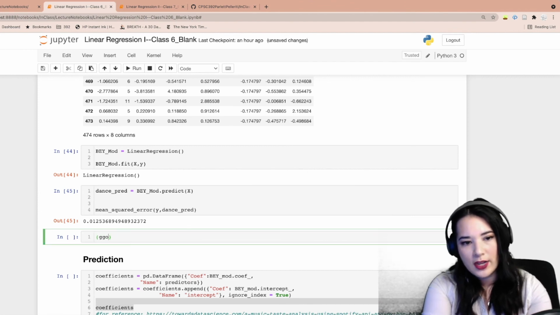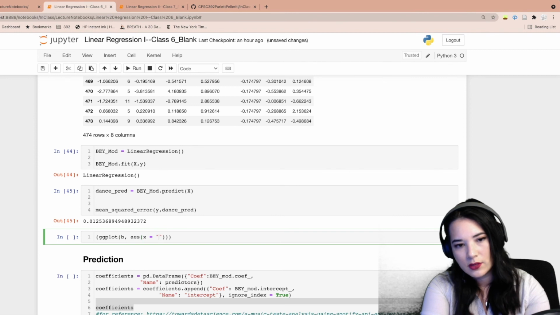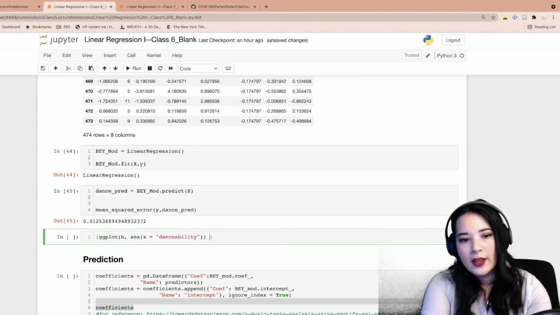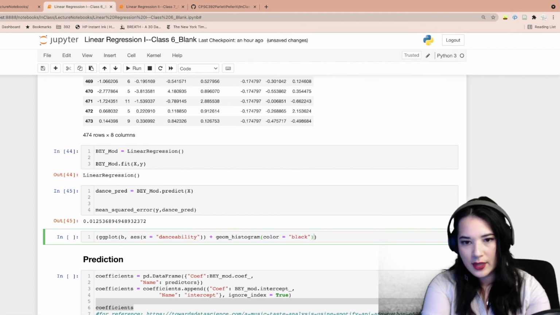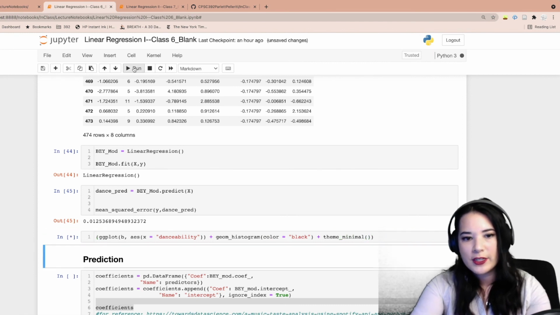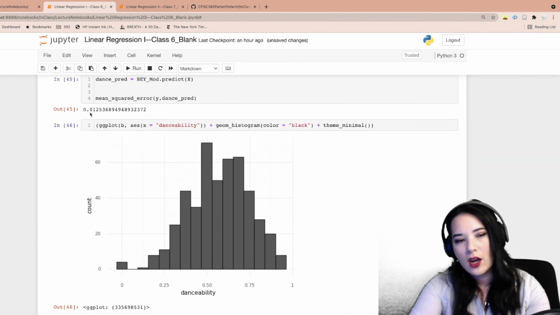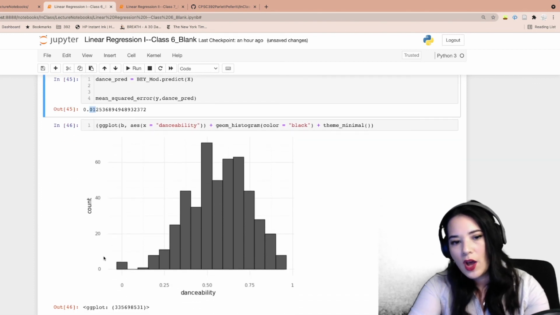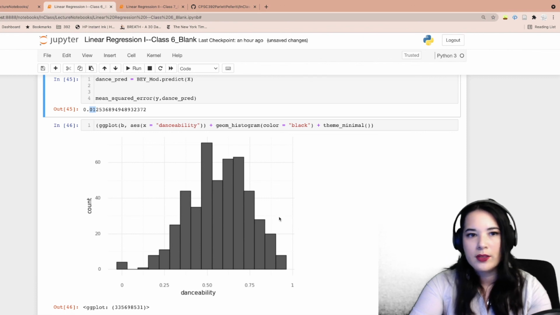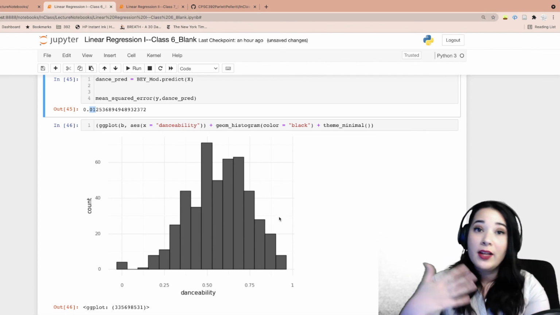We could say Ggplot, and we could say aes x equals danceability plus geom histogram. And then again, I'm going to add my beautiful aesthetic choices, black, plus theme minimal. Beautiful. So we could, for instance, run this and see that, okay, on average, our squared difference is 0.01. Well, the range of danceability is 0 to 1, so that doesn't seem that bad, but we have another tool